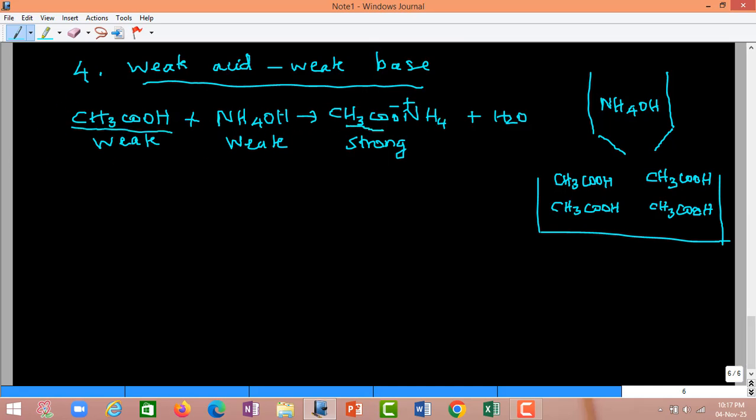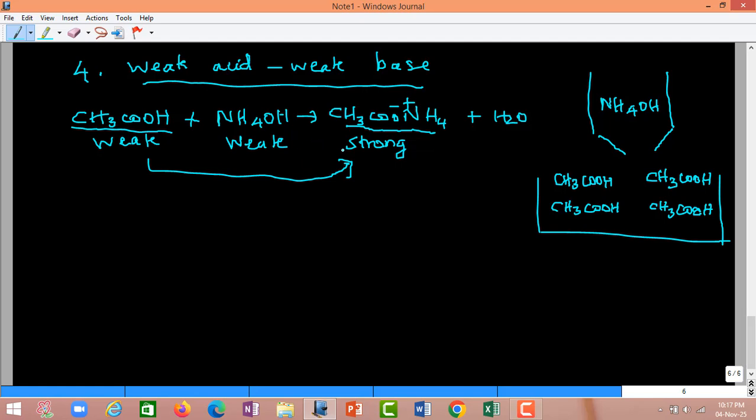Acetic acid is converted to ammonium acetate. Acetic acid is weak, whereas the salt of the weak acid is strong. So a weak acetic acid is converted to strong ammonium acetate, and so the number of ions increases and the